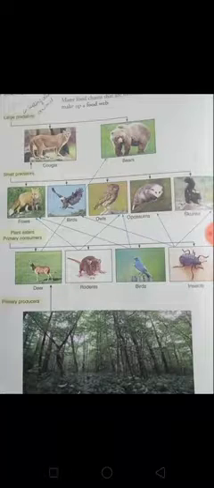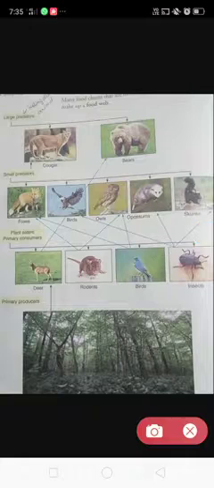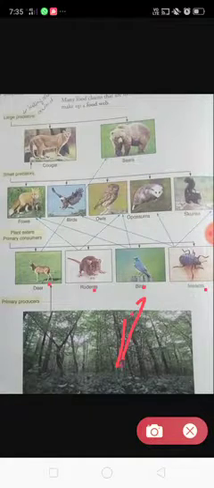Next come to food web. See the diagram of the food web. All these animals, deer, rodents, birds, insects, they all depend on these plants. Now see, this beetle is eaten by small skunks, then opossums. Birds are also eaten by opossums, rodents are also eaten by opossums, then deer are also eaten by foxes, and birds are also eaten by foxes. These are all interrelated.